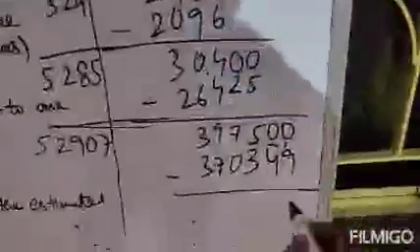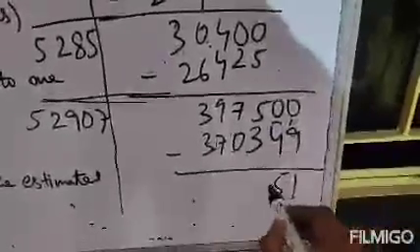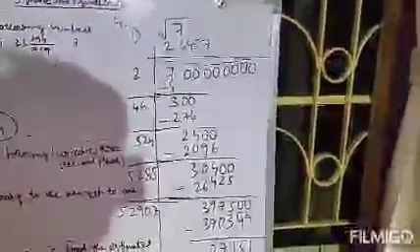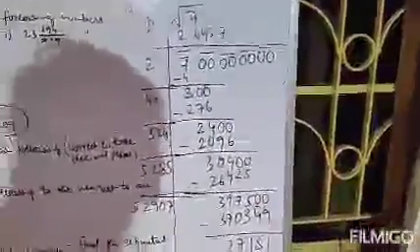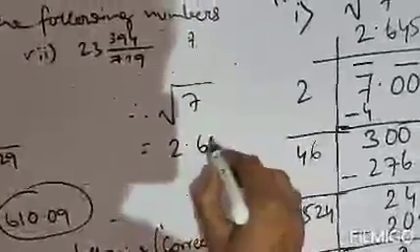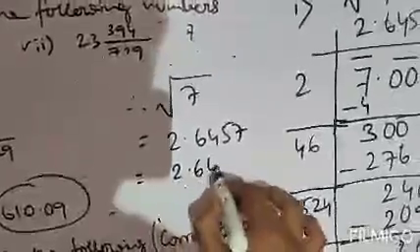So it will be on this 15 1 7 and this is 2 2 7 1 5 1. Clear? So after decimal there are already 4 digits, so we will now approximate the value and find out the square root. So therefore square root of 7 will be 2.6457, then that is 2.64.